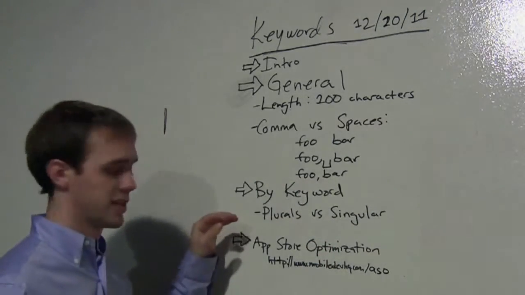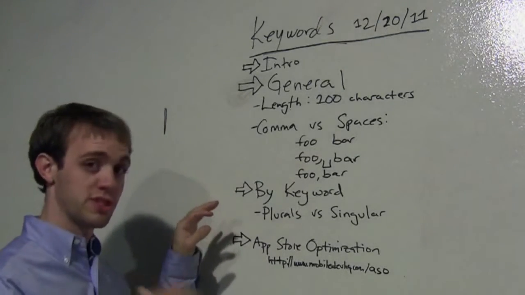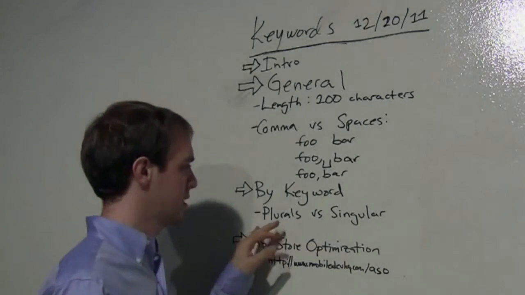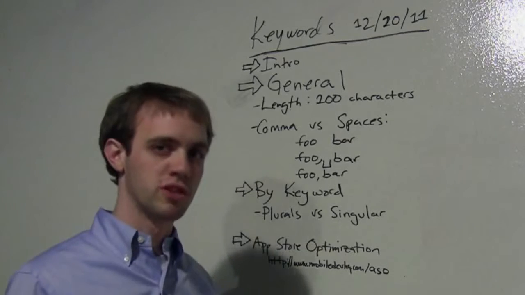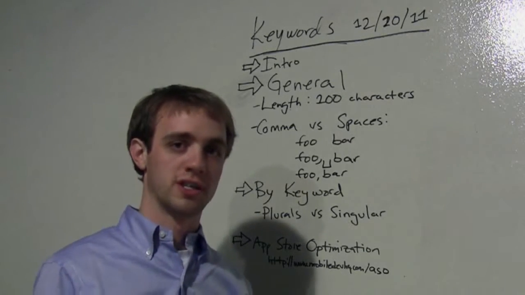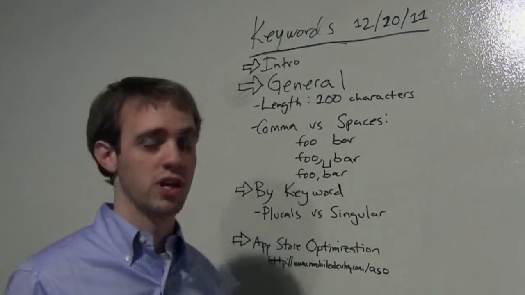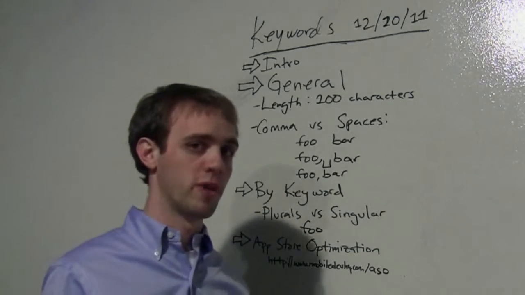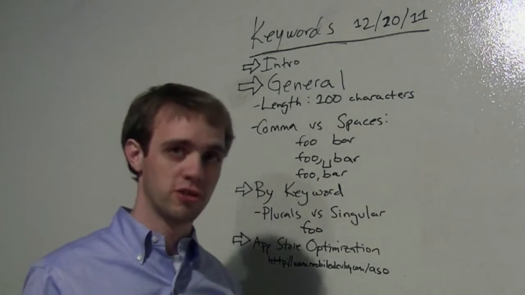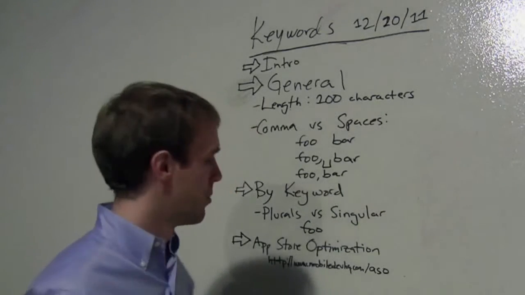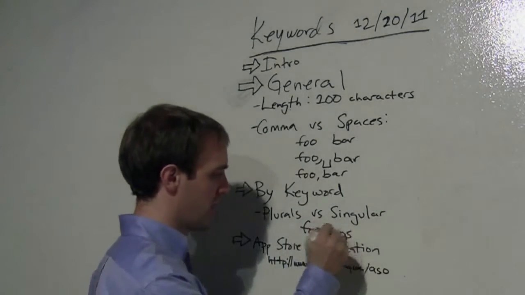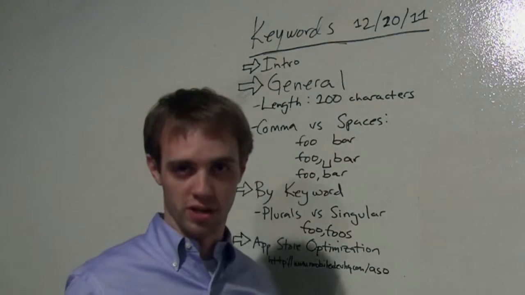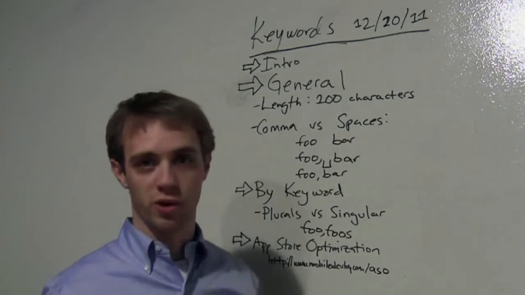The next thing I want to talk about is around a specific keyword. In this case, let's talk about foo. A big thing that's interesting to note is that Apple does a really poor job of understanding stemming and plurals versus singulars, right? So if I have foo, I may or may not rank for foo, but I certainly won't rank for foos. But if I have foo comma foos, now I will explicitly rank for both foo and foos. So whenever you have the ability, given the length restraints, you really do want to have both singular and